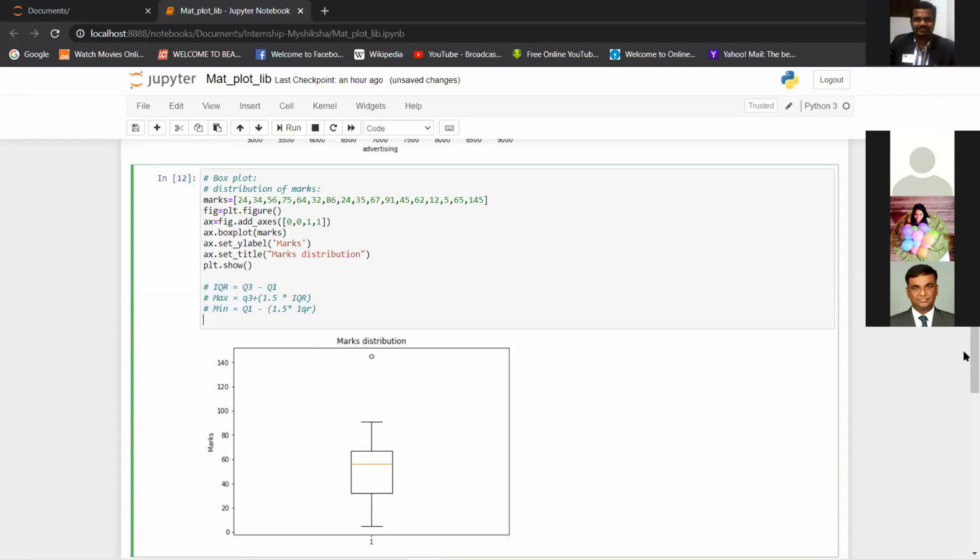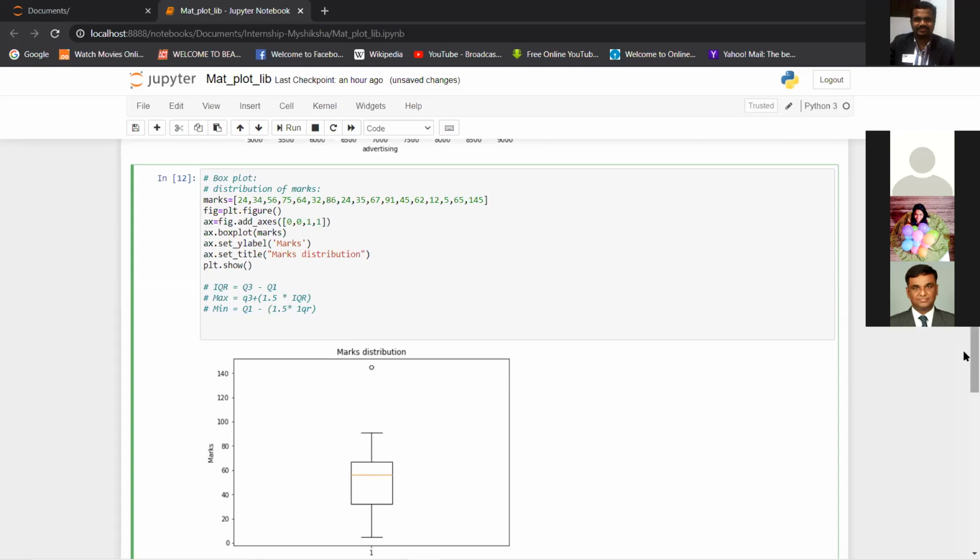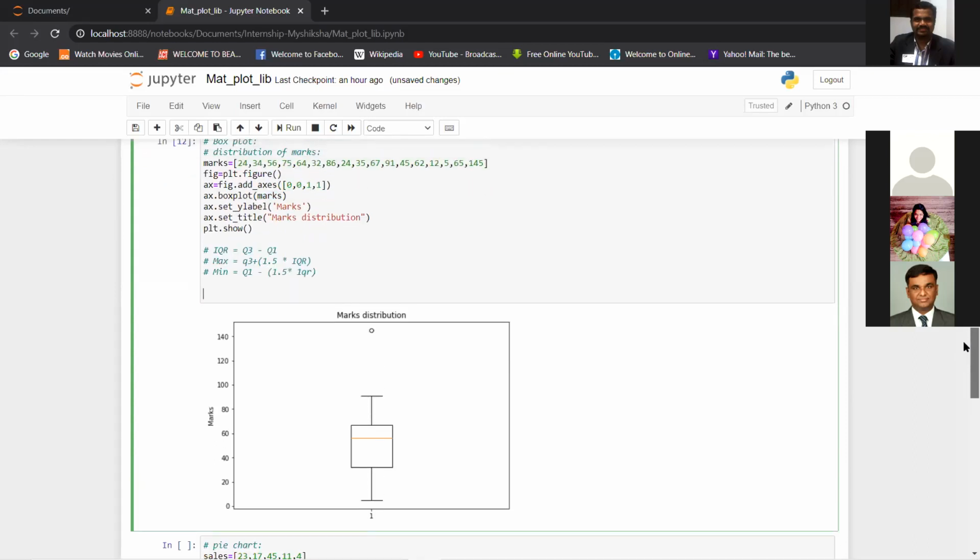How max and min are important in a distribution is by that circle you see there, which is outside the max value. Max is Q3 plus 1.5 times IQR. This circular value is called an outlier of the distribution. It is a value which stands out, or is too large for this distribution.